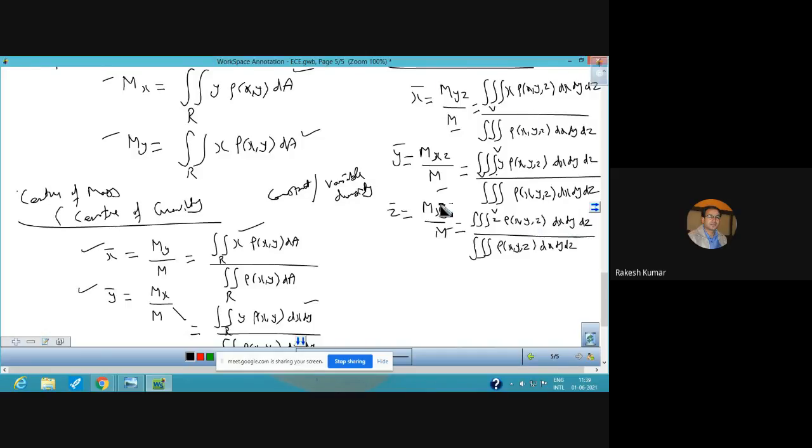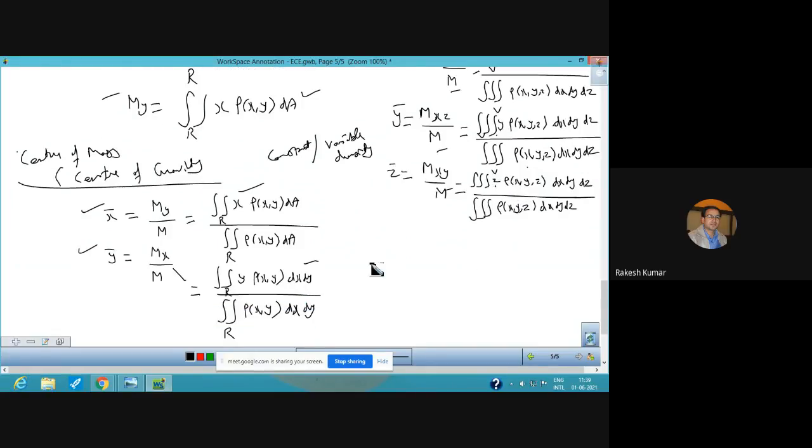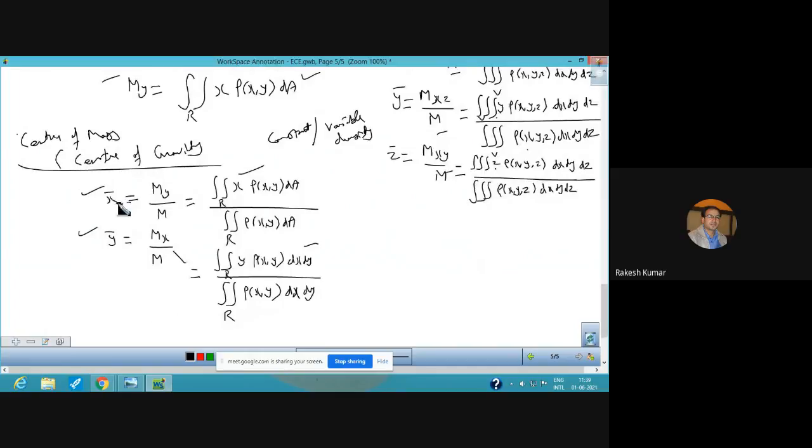And if you look carefully at the formula, in the numerator for the x bar coordinate there is x, for y bar there is y, and for z bar there is z only. This is the only change. The denominator and numerator are otherwise the same, only the change is of x, y and z. And similar is the case of center of mass for a two-dimensional plane lamina. So that is the change: x bar uses x, y bar uses y. Otherwise the numerator and denominator have the same values, but this change is very important.